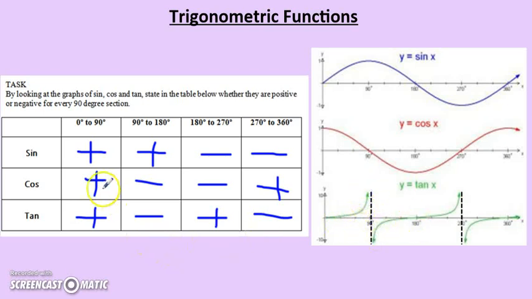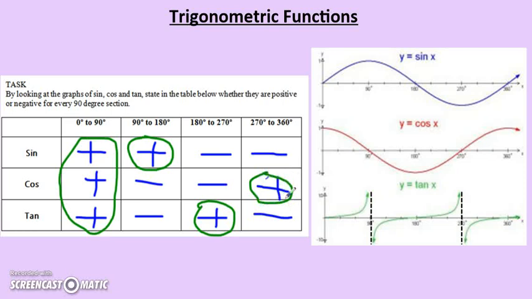Okay, so if we look down the columns on this table, we'll notice what I think is quite an interesting pattern. So we'll see that from 0 to 90, they're all positive, all three of them. From 90 to 180, it's just sine. The other two are negative. From 180 to 270, it's just tan. The other two are negative. From 270 to 360, it's just cos. Okay, and the other two are negative. So we've got a neat little pattern here for working out where certain values, positive and negative, of sine, cos